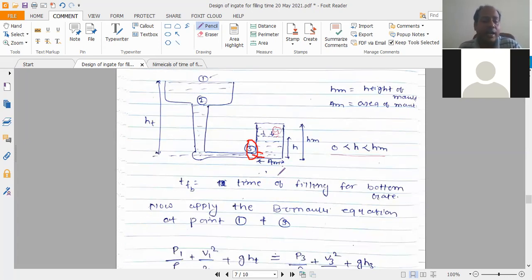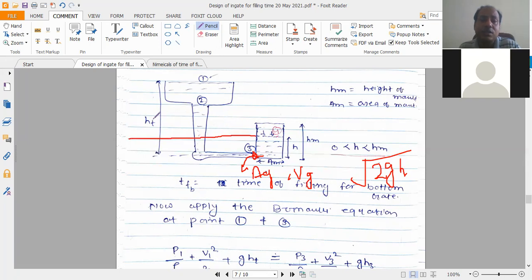So let's see how we can determine the time of filling. To find it, I need the gate area Ag, which will already be provided, and then I have to find the velocity Vg at the gate. Now you have already seen that the velocity is a parameter of the head developed at the bottom. So this head can be calculated as the differential head, because at some point the mold is filled up to this portion, so back pressure is also introduced. So we apply the differential head, the total height HT minus h, and Vg is equal to root under 2g times (HT minus h).